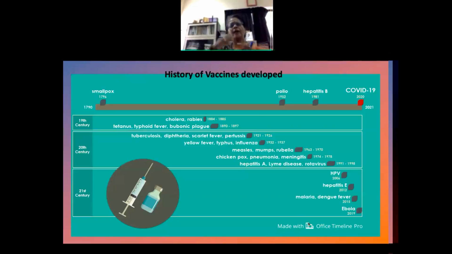Now, when we look at vaccines and the history of its development, you will know that right from the 18th century, when the first vaccine against smallpox was used by Edward Jenner, almost 30 different vaccines have been developed, and